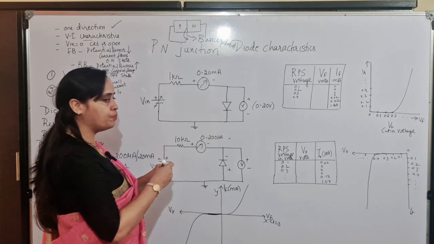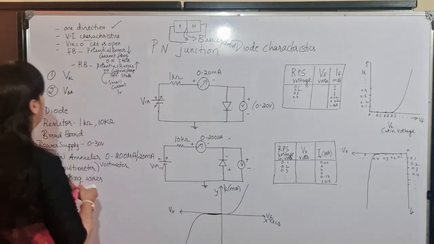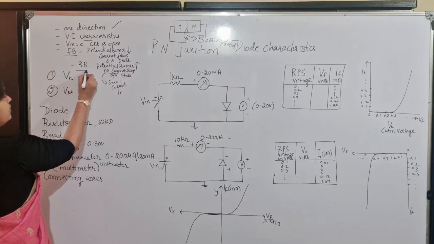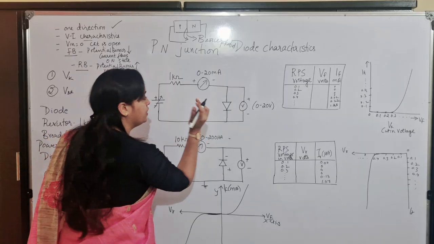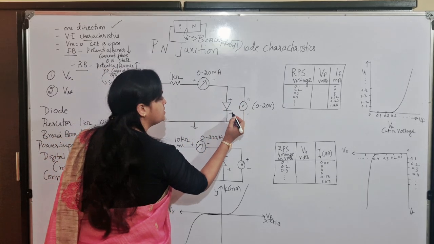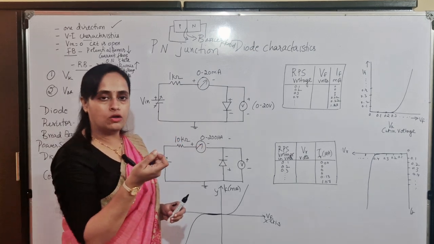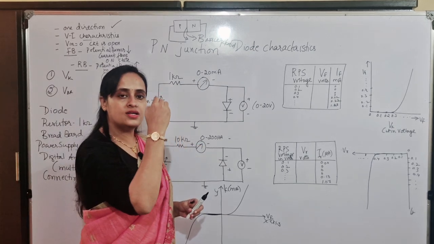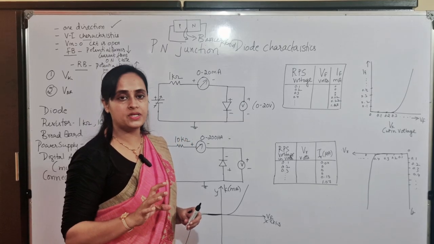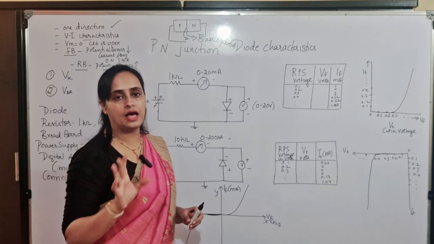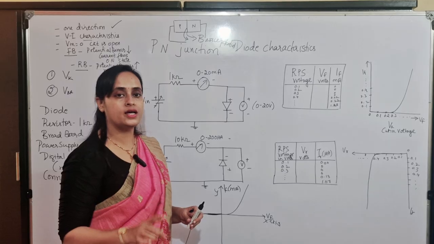Now you should understand, if PN junction should work, we need to bias it. So there is two types of biasing. One is forward bias, another one is reverse bias. Now you try to understand what is forward bias. Observe here, this is plus, this is minus. So you know that any diode, even if you take the component also, there will be a small silver marking on the diode. Wherever the silver marking is there, that is represented as negative, that is cathode. The end which has no silver line is considered as anode.